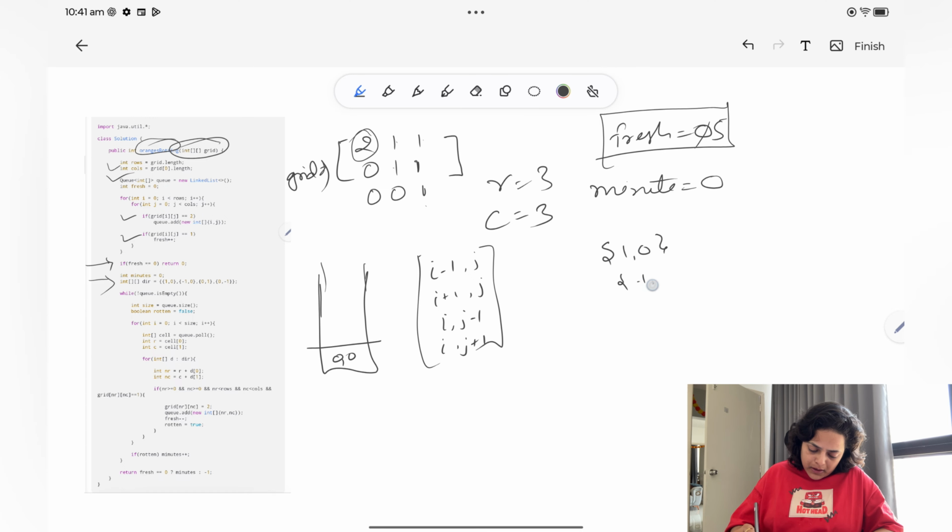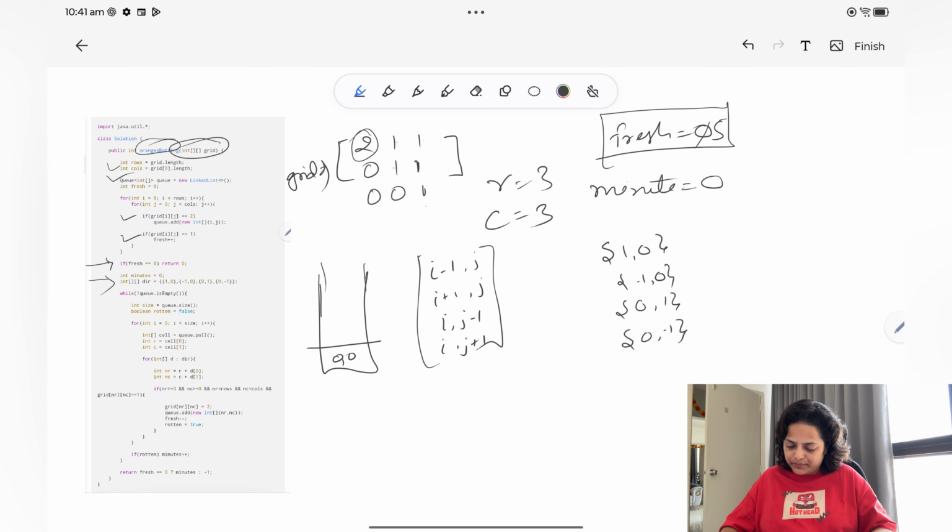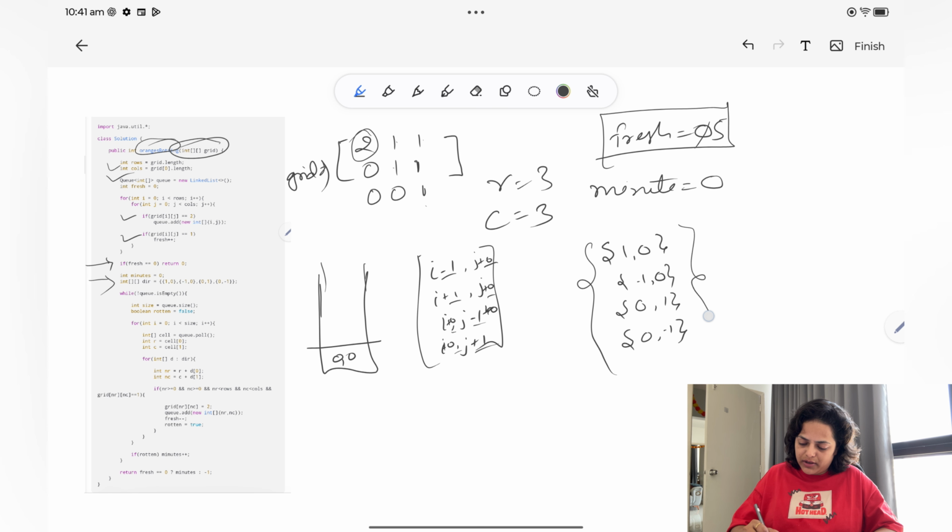1 comma 0, minus 1 comma 0, then 0 comma 1, and 0 comma minus 1. This is the same thing only. You can think of it as plus 0, plus 0. So just do the same thing: minus 1 0, just remove i and j, minus 1 0 plus 1 0. Then 0 minus 1 and 0 plus 1. So you will create this 2D array, and then you will check if q is not